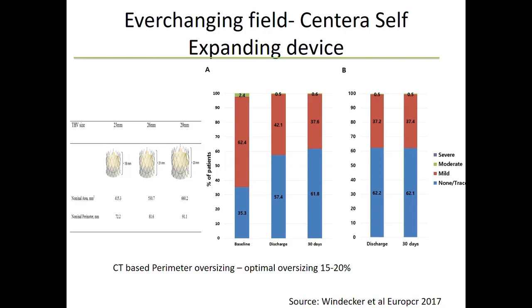And we can't simply assume that a self-expanding device and another self-expanding device need the same sizing algorithm. This is a self-expanding device called the Centera. These are data presented by Professor Rindeker, looking at the European arm, 150 patients. And this self-expanding device has different radial force, different waist, different sealing with a flare below, in the same way you size differently for an Evolute R than you did for a CoreValve Classic.